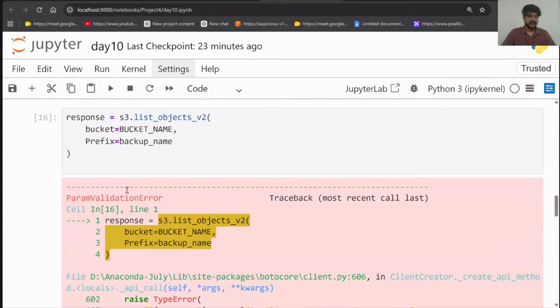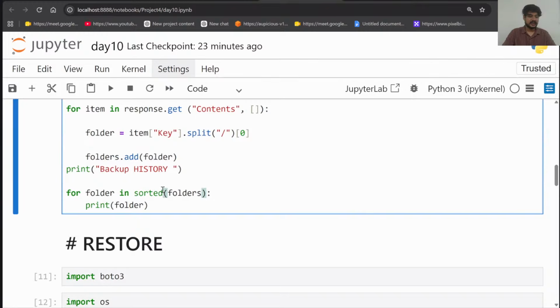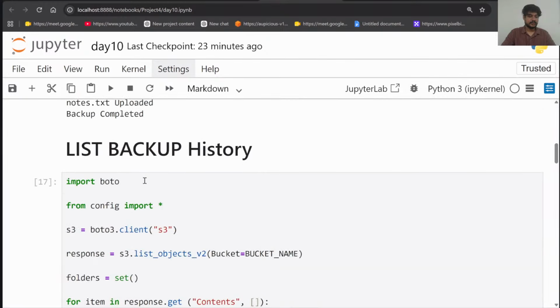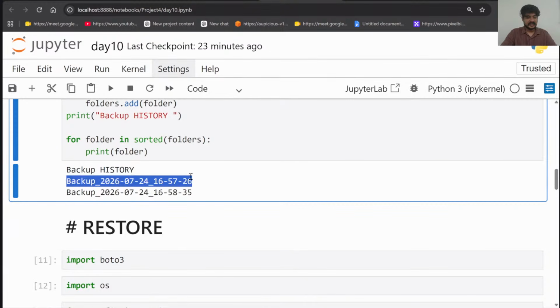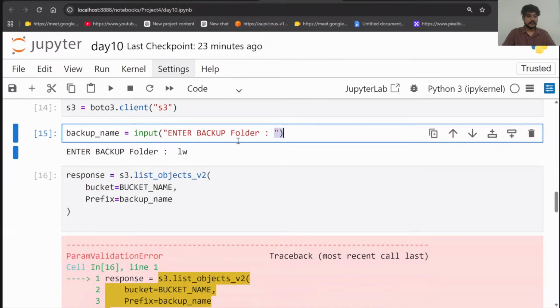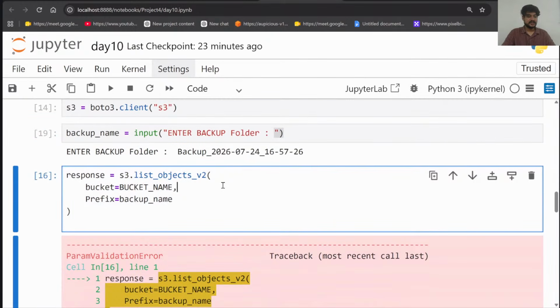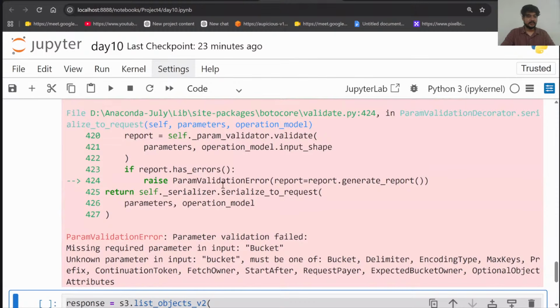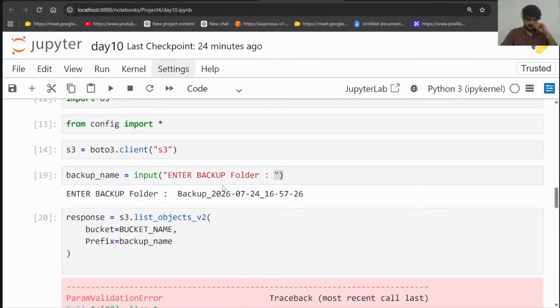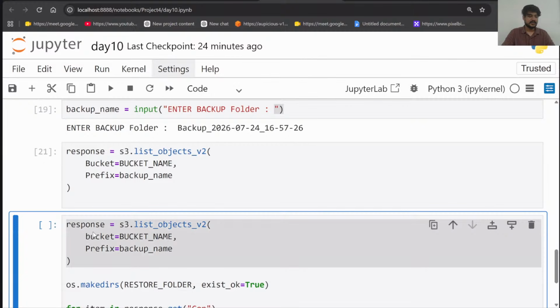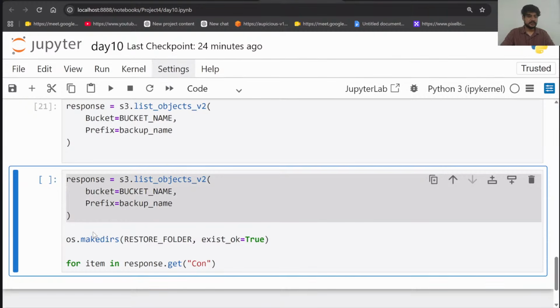So whatever it is, actually it's talking about invalid parameters. So एक काम करते हैं, यहाँ पे एक बार इसको रन करते हैं। सॉरी, boto3 नाम से list करते हैं backup। तो इस backup में, ये backup का नाम है, हम एक backup name copy कर लेते हैं यहाँ से जो हमने किया था, और इस backup name में हम यहाँ पे enter कर देते हैं और response में check करते हैं। Parameter validation failed, unknown parameter Bucket, must be Bucket. So Bucket हमने store तो किया था, 1 second. Bucket, bucket_name में ही तो store हुआ है। I think this B is capital. Run it now. हाँ, this B was capital.